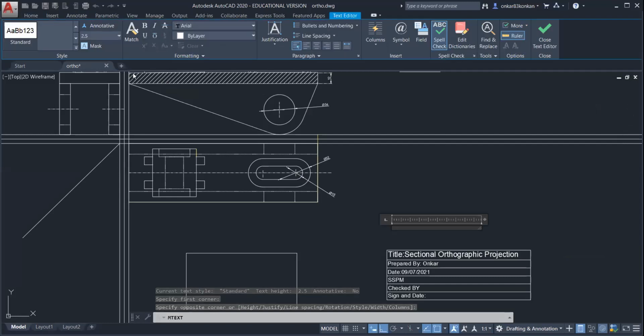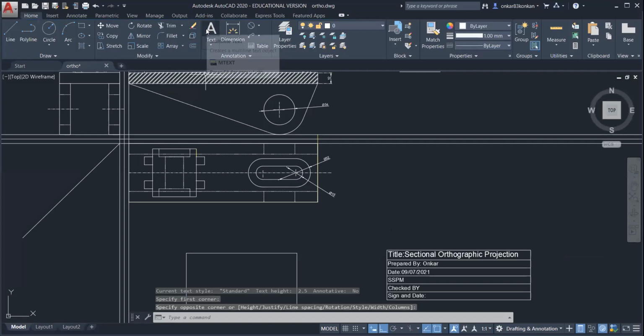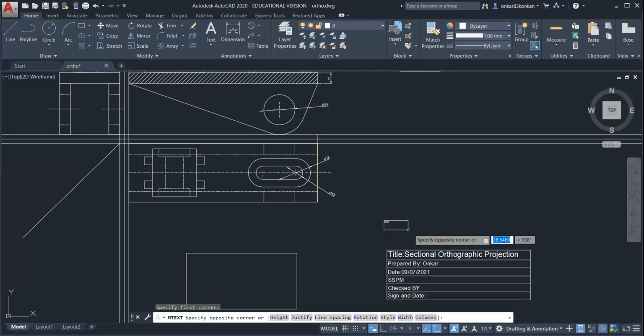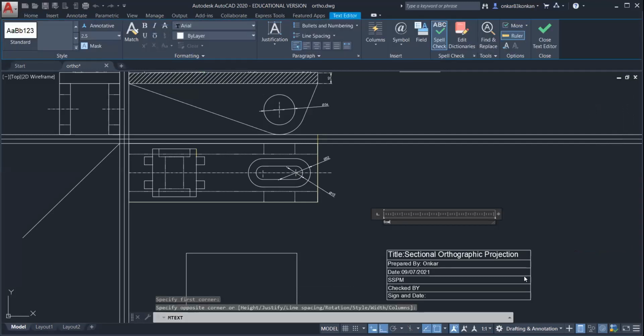When you click on the text command, just by using the mouse, you can create this rectangle, and then write scale, so it is 1:1. And then you can enter that all dimensions are in millimeter.